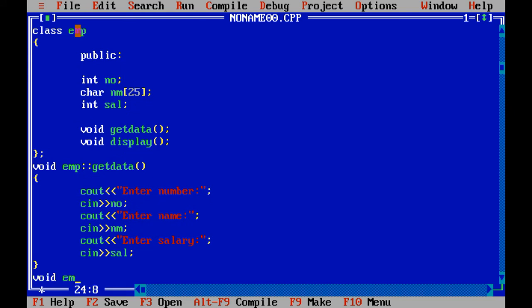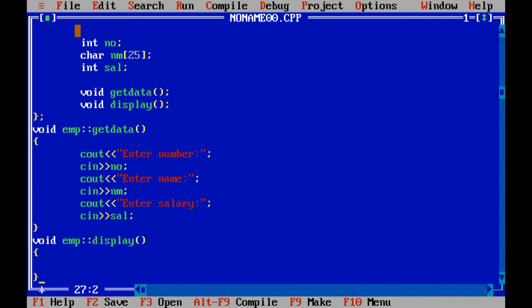Now we are going to develop the body of the display function.